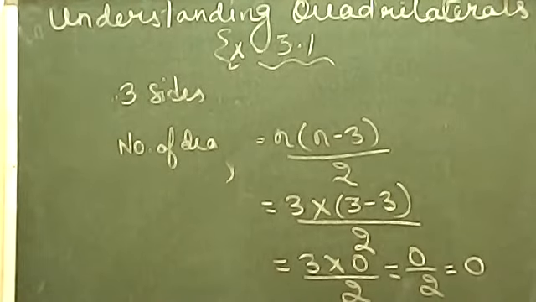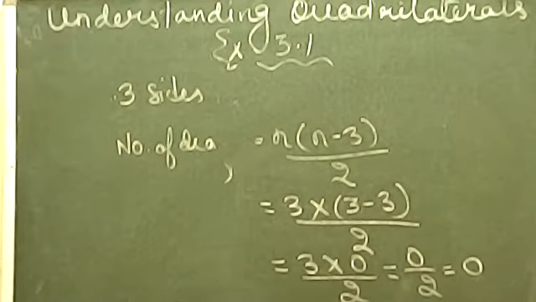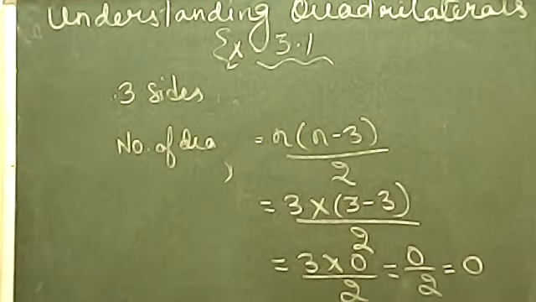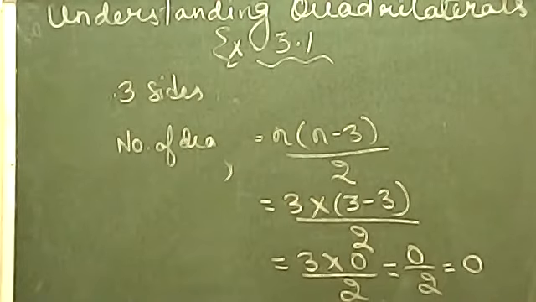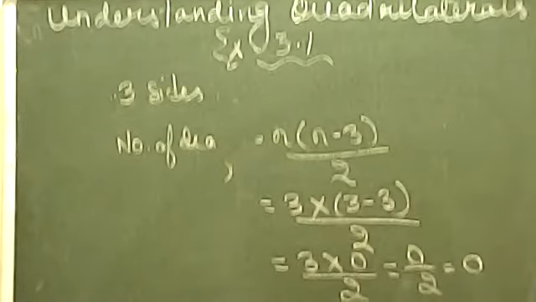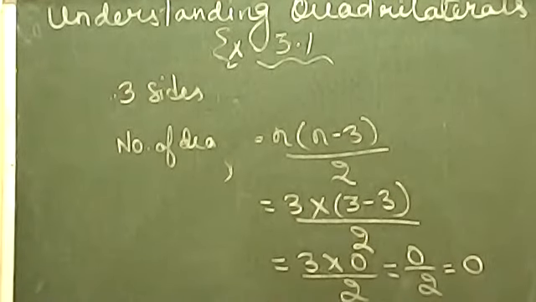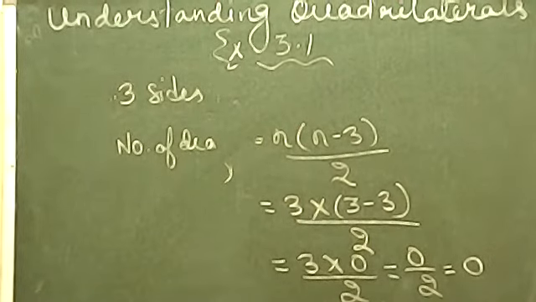Now question number 3. What is the sum of the measure of the angles of a convex quadrilateral? Remember, if you have a convex quadrilateral, the angle sum will always be 360 degree only. Will this property hold if the quadrilateral is not convex? Yes, it will be. This property will not be same for the convex, sorry. Okay. Now move on to question number 4.